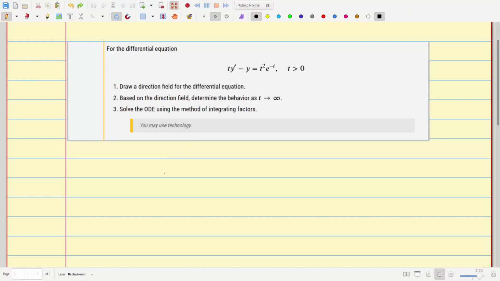Okay, this is the first example for our review with the solutions to some of the quiz questions. Here it asks us to draw a direction field for this differential equation. We're going to draw the direction field last and include a plot of a solution where we have some different initial values. Okay, let's start by writing out the differential equation and setting things up so that we can solve